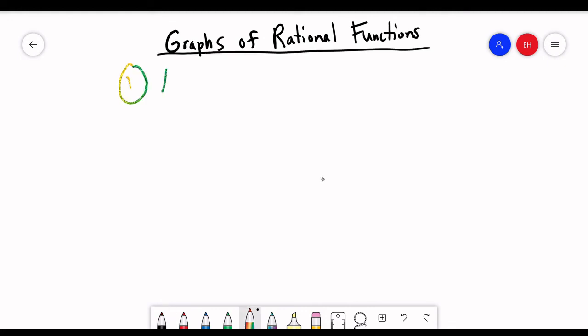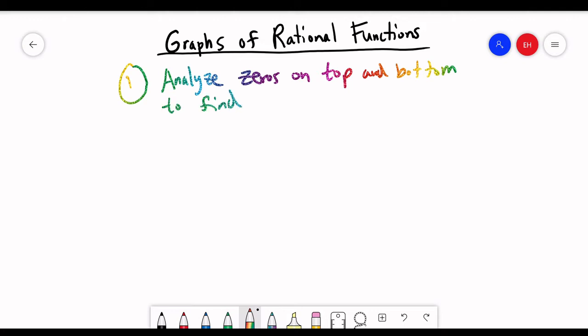Okay, so what we'll do now is I'll do a full example of graphing a rational function where we're going to combine all the important features that we went through in the last video. So I like to break it into two steps, really. The first step is we're going to analyze the zeros on the top and bottom. We have a top and bottom because it's a rational function, so it's a fraction. And we're going to do that to find the vertical asymptotes